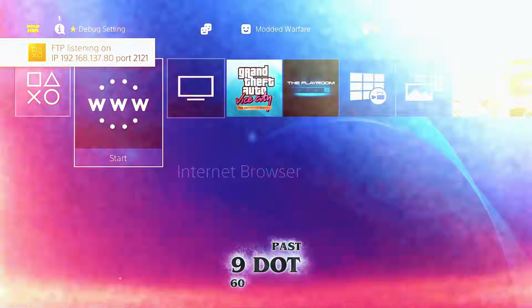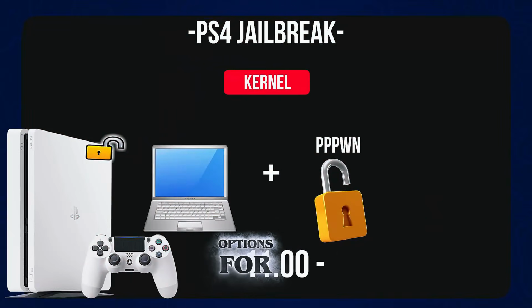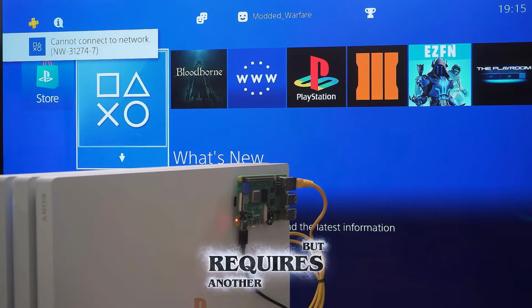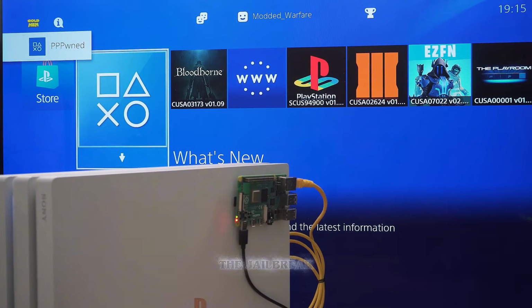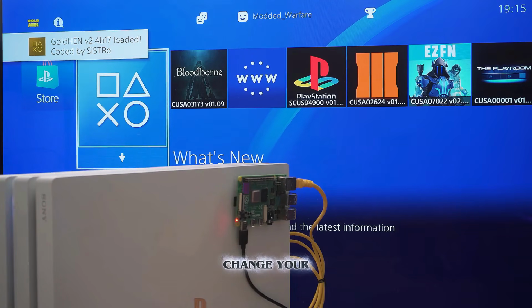Now, past 9.60, we have multiple other options for jailbreaking. We have the older pp-poon kernel exploit, which works up to 11.00 and can actually be triggered without a userland exploit, but requires another device to send the required network data that's used to trigger the jailbreak. This exploit isn't used as much these days, since you need to change your network settings to PPPoE, and the